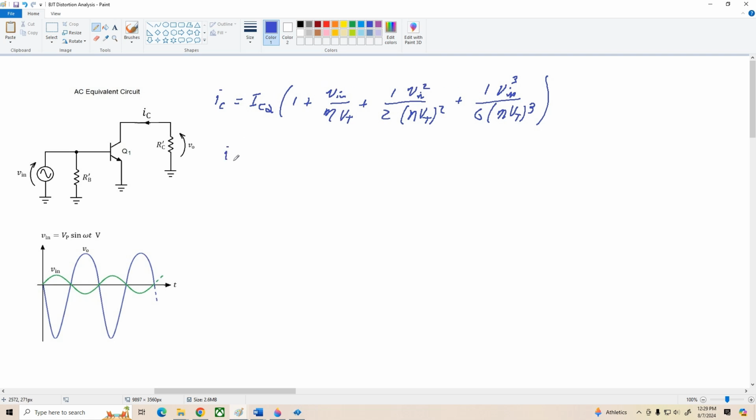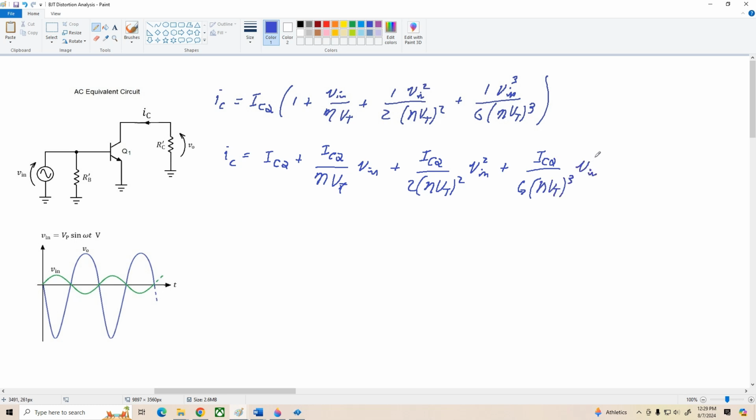So that gives me I sub c equals ICQ plus ICQ over eta vt times v in. I'm going to move the v in to the right of the fractions here, plus ICQ over 2 eta vt, the quantity squared, times v in squared, plus ICQ over 6 times the quantity eta vt cubed times v in cubed. All right, now at this point, let's stop for a second, and I want to look